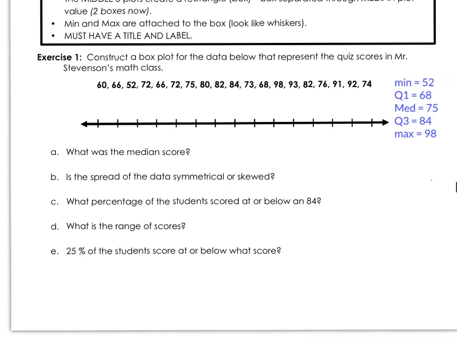That tells me, since the answer is 3.06 repeating, I need to count by at least 4, so I'm going to go ahead and count by 5. Once I have that data, I can go ahead and now plot my points above the minimum, Q1, median, Q3, and the maximum. Once you've done your best job with that, now you can go ahead and create the box